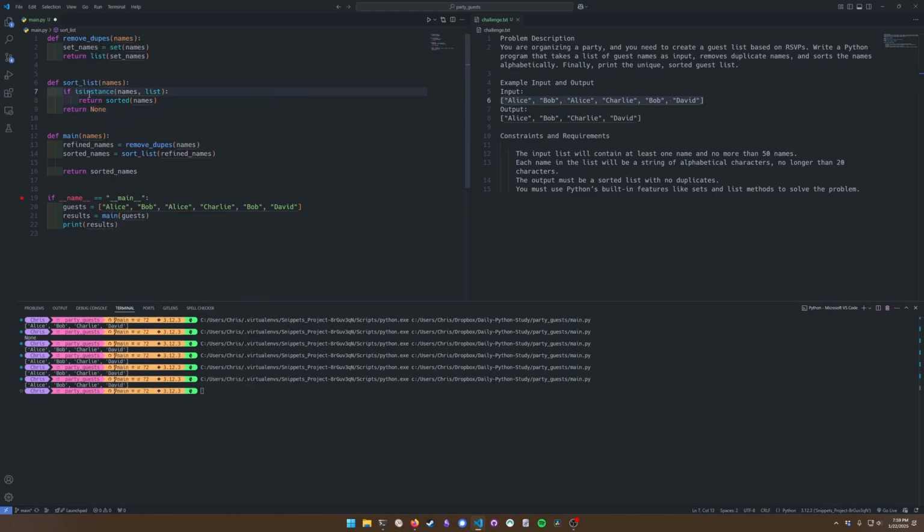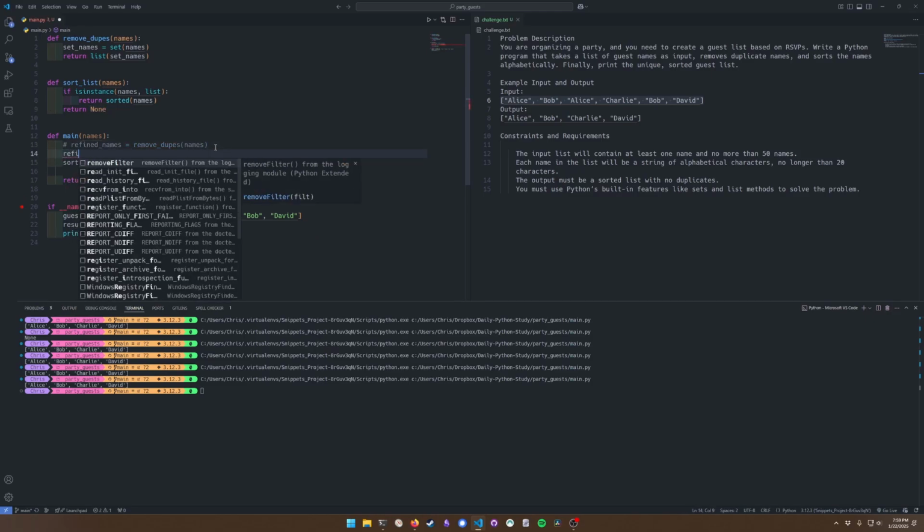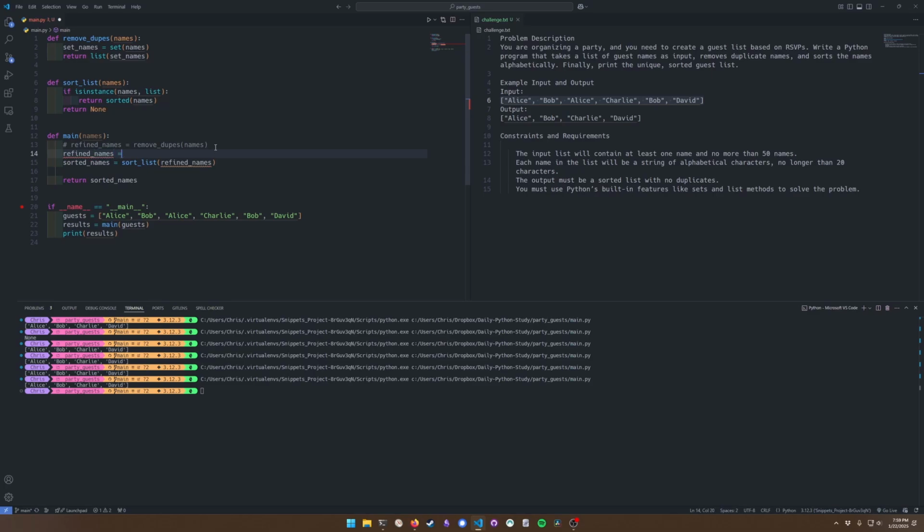Isinstance, it would help if I do that right. So I think stuff like that is useful. You may want to do a try except potentially, but maybe you would want to do something different in this case instead of returning none, but I think that's a suitable way to catch things as well. So in this example, we could do refined names equals,